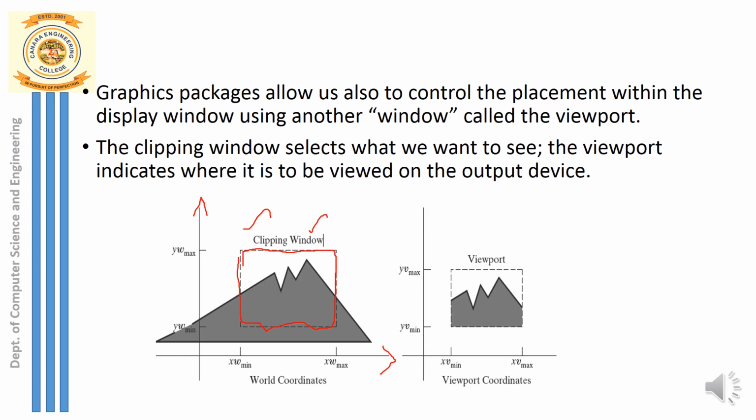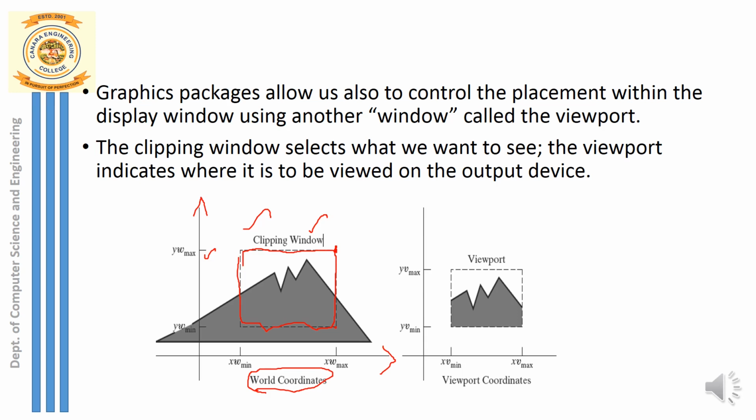Select a boundary with the help of a clipping window, and that boundary is given by XW minimum, that's a minimum boundary, and the Y coordinate is YW minimum. W indicates the window, or W also indicates world coordinates. I'll explain what that is. Then the upper limit along the x-axis is XW maximum, and along the y-axis the upper limit is given by YW maximum. So this clipping window is the one which selects the desired portion that has to be